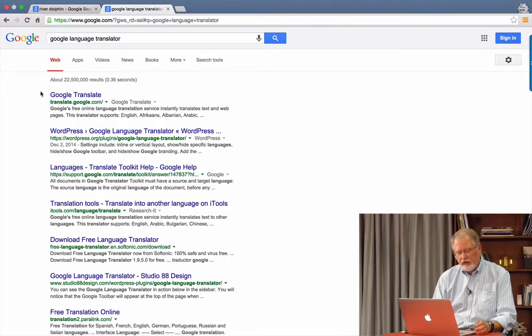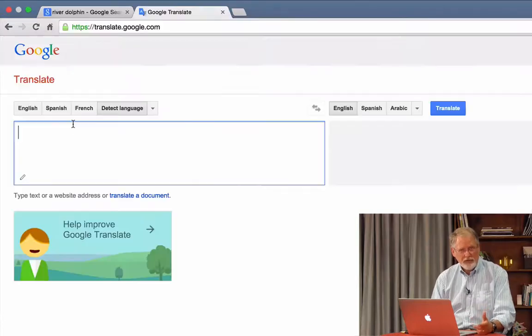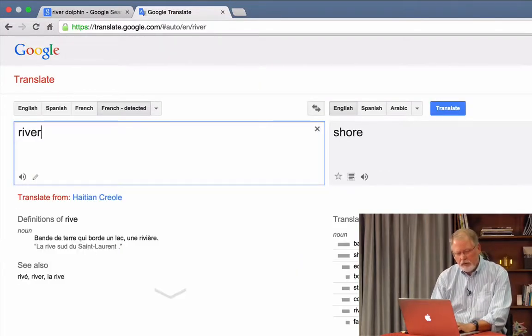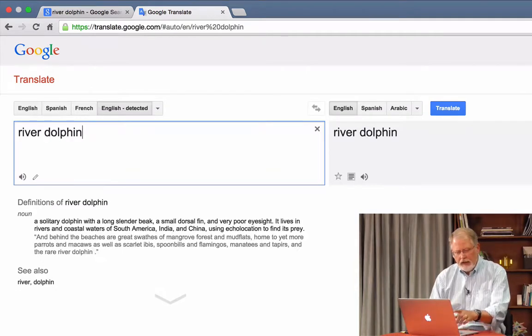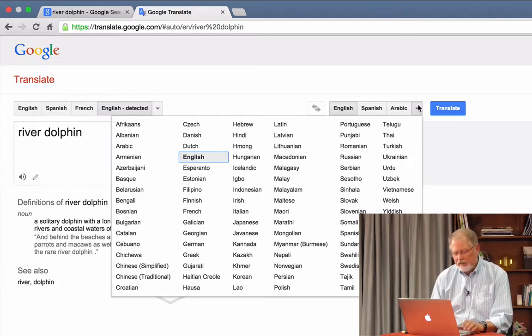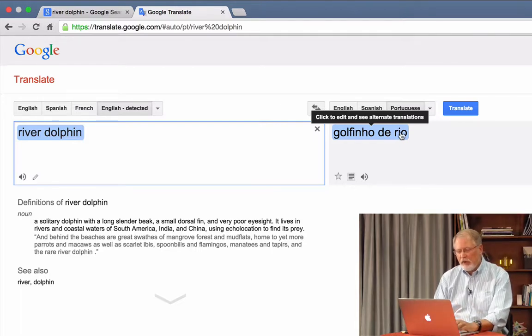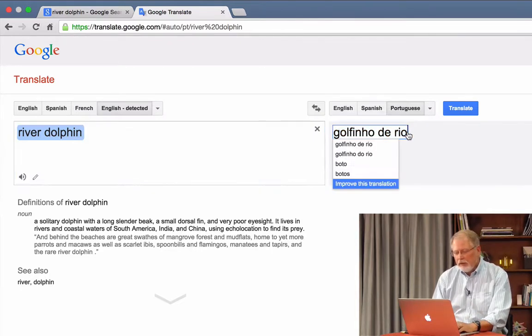And the first result here is a link to the Google Translate tool. So in this case, I want to look for, say, river dolphin in English, but I don't want it in Spanish. I want it, in this case, in Portuguese. So I select Portuguese, and I get this phrase, Golfinho de Rio. So what I want to do is just copy this